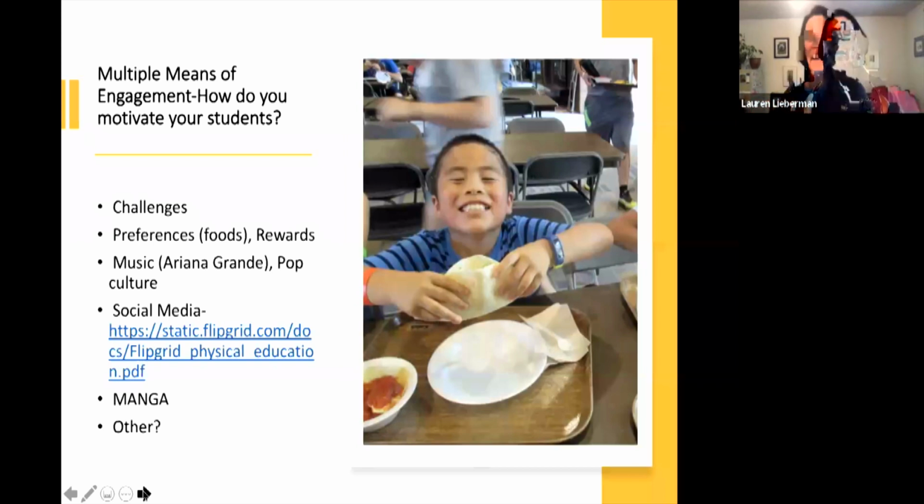So what do they like on social media? What kind of things do they look at? Is it Flipgrid? Is Flipgrid going to get them excited? I went to visit my nephew, and he loves the manga cartoon. It's a Japanese cartoon. The symbol of the cloud, he's got a coat with it on. He's got a neon light in his room. That's going to motivate him. Get to know your students. What excites them?